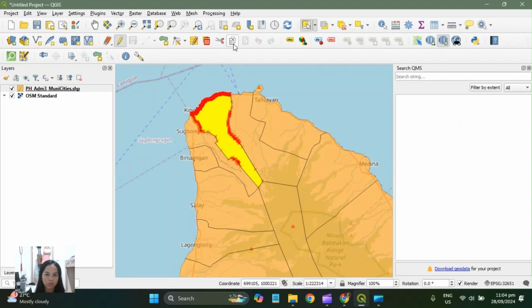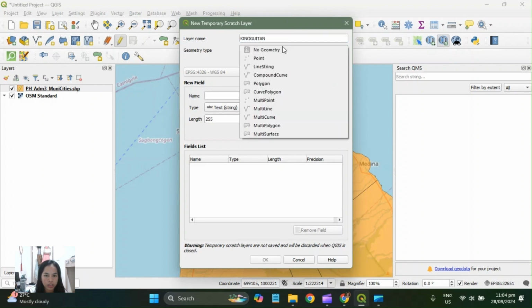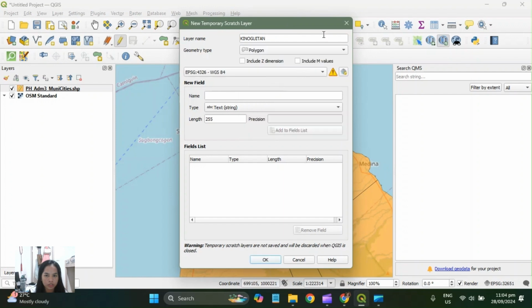After that one, we need to copy these features and then go to the new temporary scratch layer. It will show here the layer name. For my case, I would like to input Kinugitan, and then geometry type, polygon.